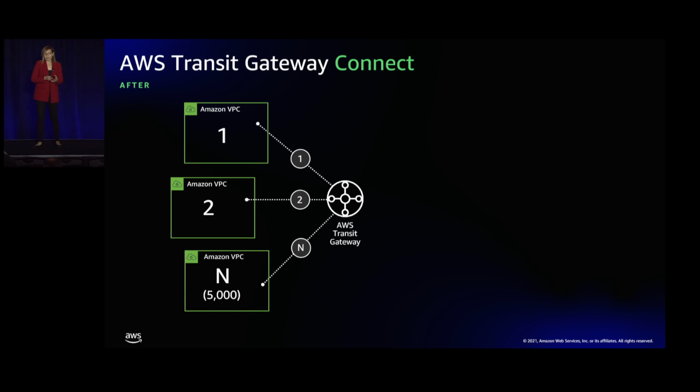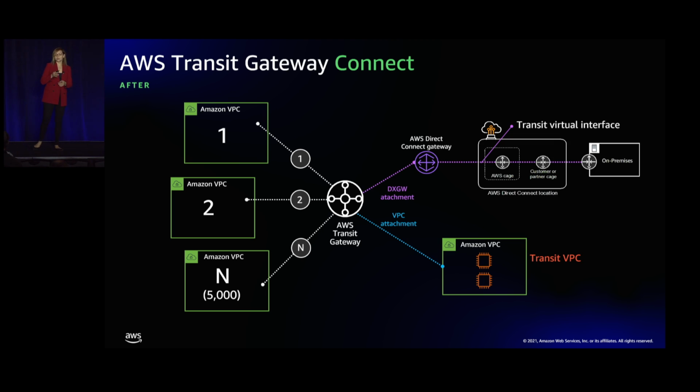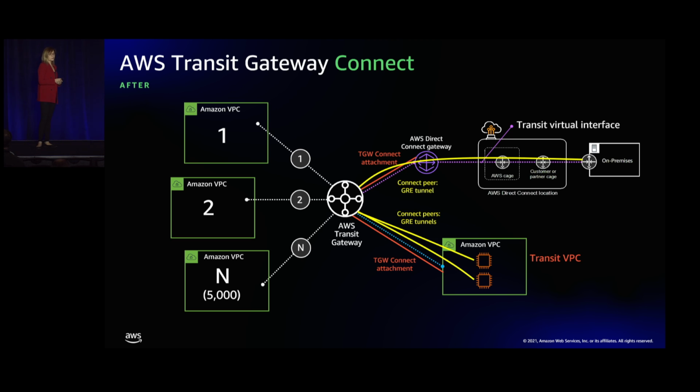Now, what Transit Gateway gives us is the integration between our AWS environment with Transit Gateway and SD-WAN appliances. This makes use of two types of transport attachments, the VPC attachment or the Direct Connect Gateway attachment, on top of which we can create the Transit Gateway Connect attachment. This Transit Gateway Connect attachment allows us to define connect peers on top of it, which are GRE tunnels, generic routing encapsulation, with BGP sessions, allowing the Transit Gateway to exchange routing information with the SD-WAN appliances.